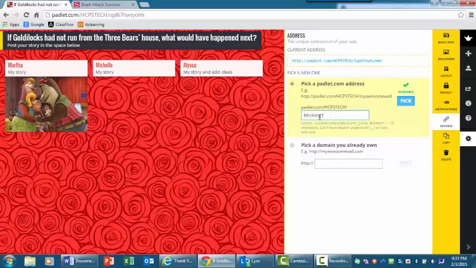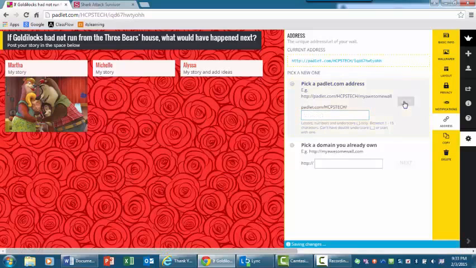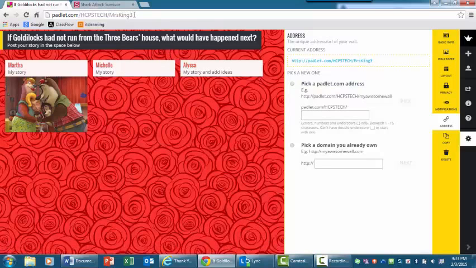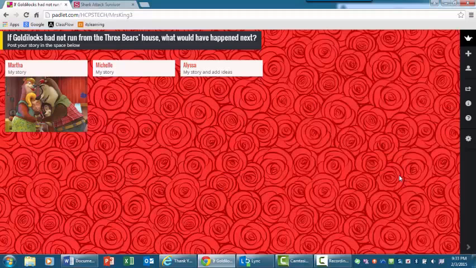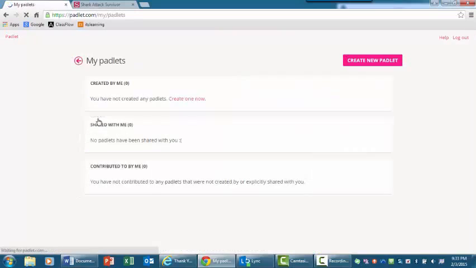And then you can add in the rest of the address, and it could be easy for students to type. So maybe I pick that one, and then that's what's going to show at the top of the page for students to type, or if you want to copy that to someplace like Edline, they can get to your page pretty easily. So that's the basics of just what you can do with a page that way. But to give you an example